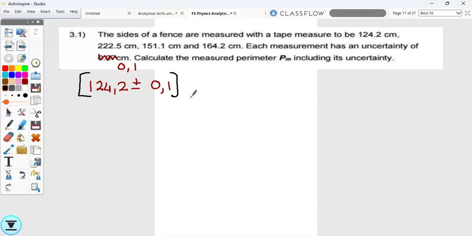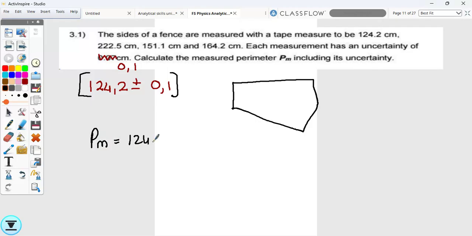Then they say calculate the measured perimeter, including its uncertainty. So if they're saying perimeter, so that means it's the side 1, 2, 3, 4 sides. Okay, I'm just making random sides because they did not say that it is a square. Then they could have given us the same sides. So now all we're going to do to get the perimeter, remember to get the actual value, you don't worry about the plus minuses. We're just going to say perimeter is then going to be the 124,